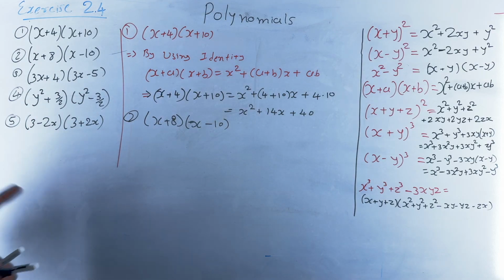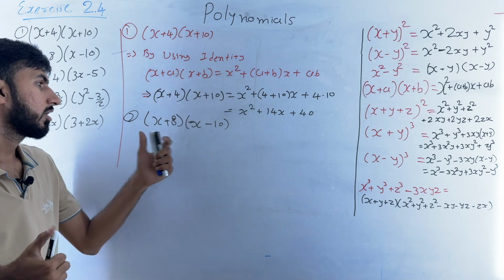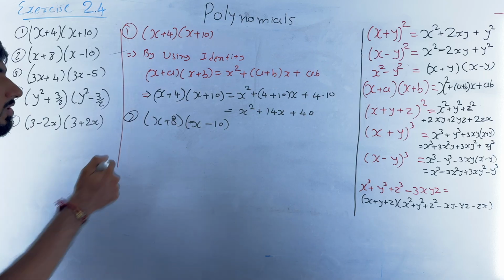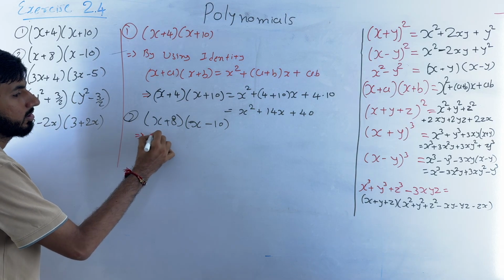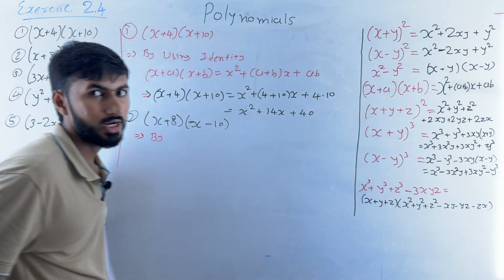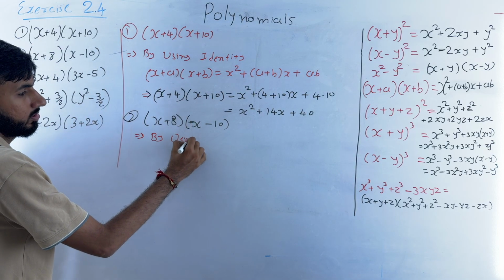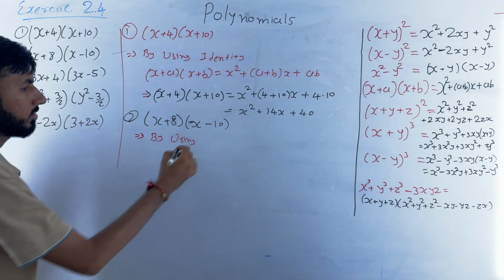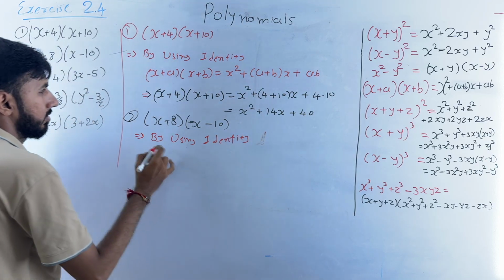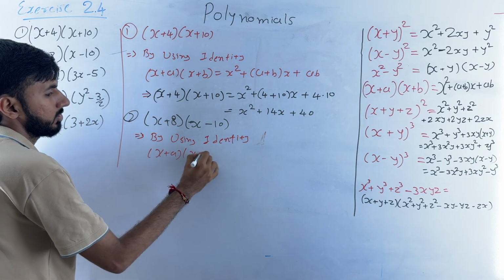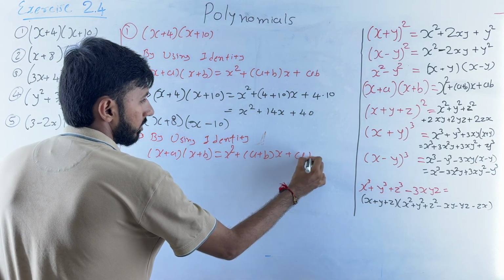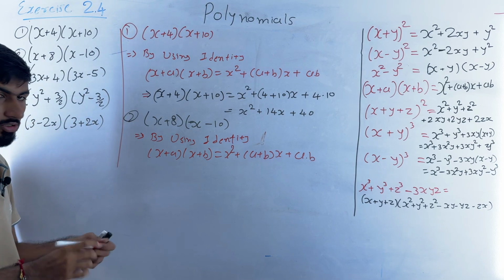Now don't get confused with signs, right? You don't have to worry about the signs. This question is also a similar type of question, number one, right? So we are going to use identity x plus a multiply x plus b, right? So by using identity x plus a multiply x plus b is equal to x square plus a plus b x plus a into b. You can write that